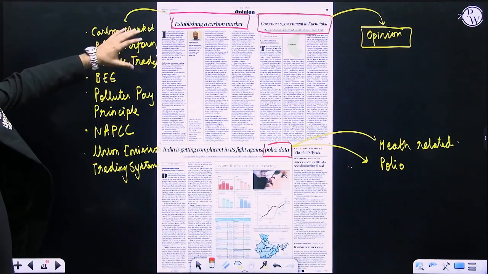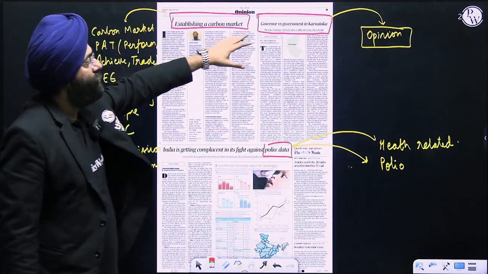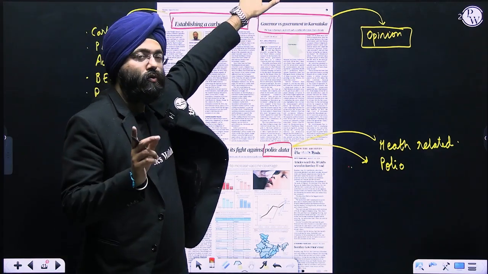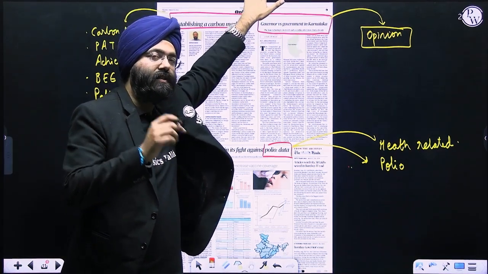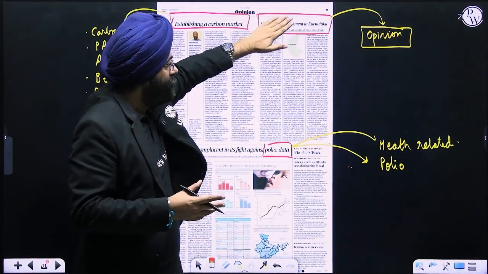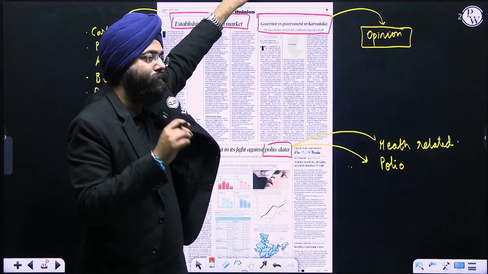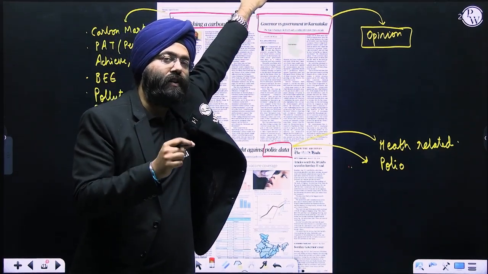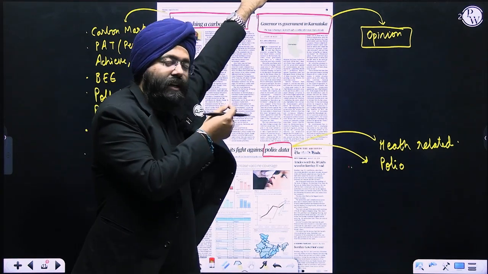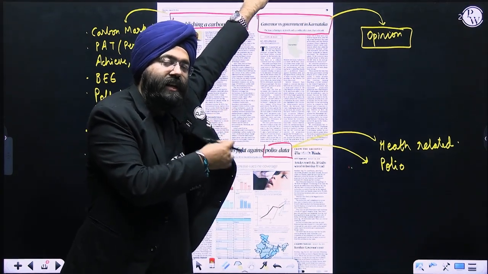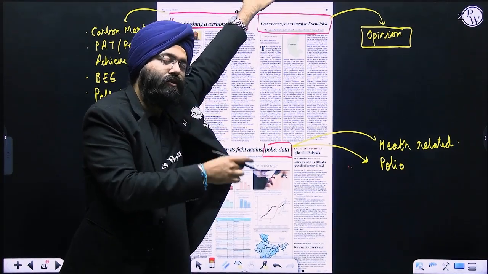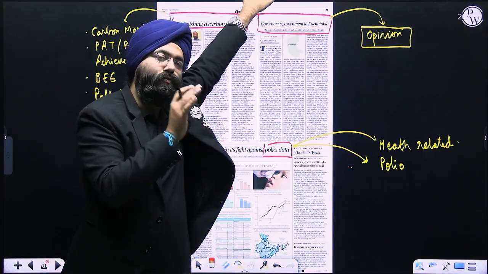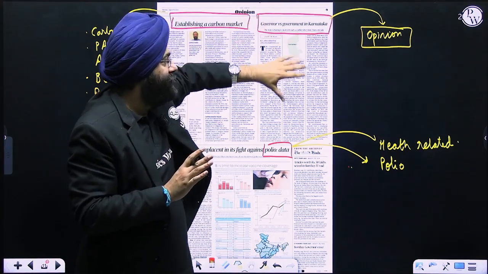Next is, for example, there is a topic, you remember we had mentioned the Karnataka issue with respect to the 11 bills that are being returned. So this is a topic related to that. Now, automatically, mark my word, a question would be asked on the role of the governor, and here one of the opinions that have been mentioned can be used. In the current affairs magazine also this topic will come, and UPSC will also pick it up.